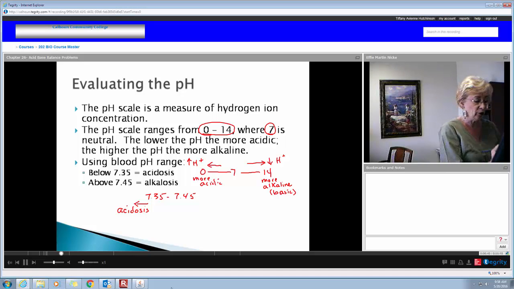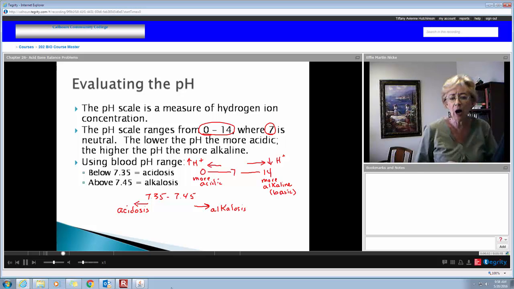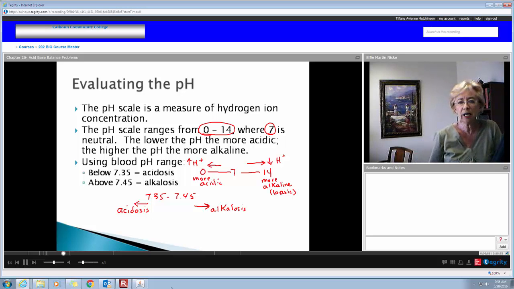They're releasing more hydrogen ions. If their pH value is out of the range higher than 7.45, then they're considered to be in alkalosis. And to be honest, you're not going to see any lab values way out or for any extended period of time, because what's going to happen?